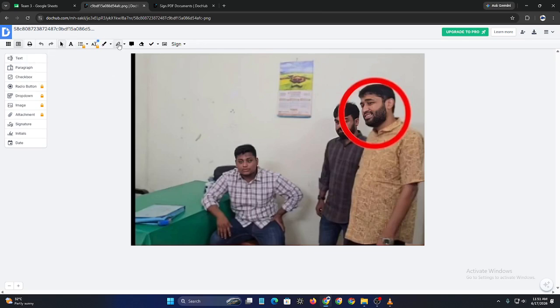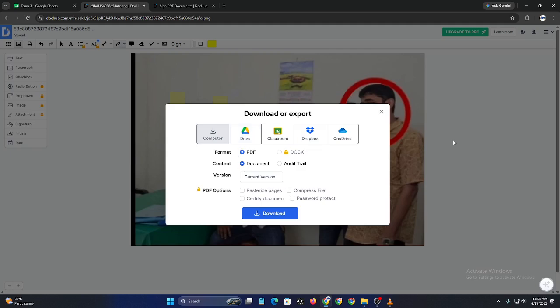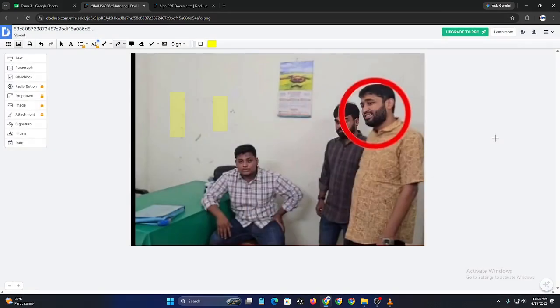file again. It's also a good idea to keep a backup copy of important documents, especially if they contain completed forms, signed agreements, or business records. And that's how to download edited PDFs from DocHub. By exporting your completed documents, you can store them locally, share them with others, or keep permanent records of your